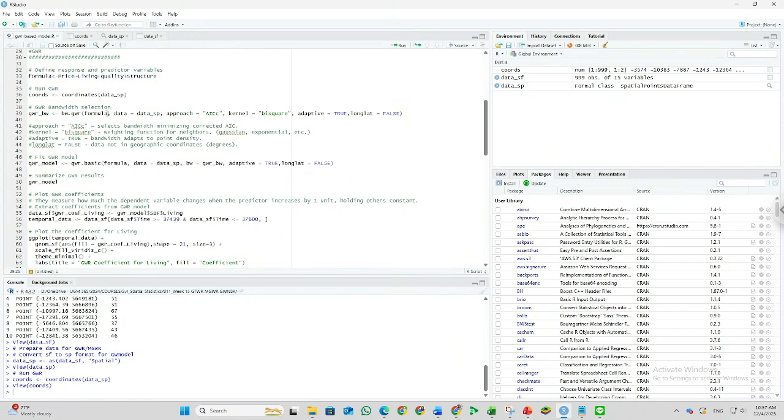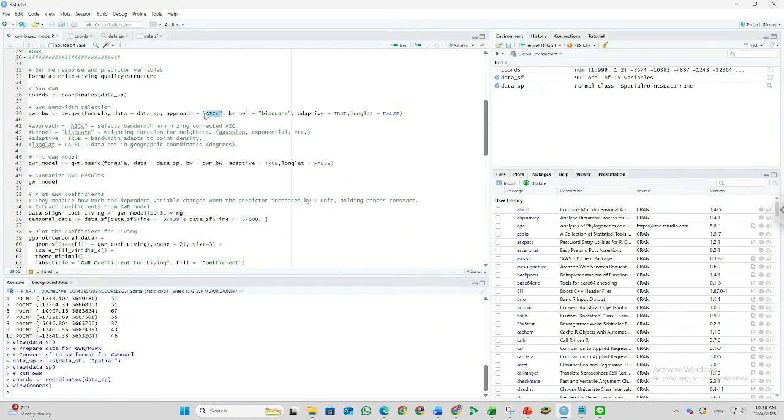So we just call the formula because we have already run the formula. And for the data, we use the data that have been converted to the spatial data. For the approach, the GWR will result with the AICc of the bandwidth.